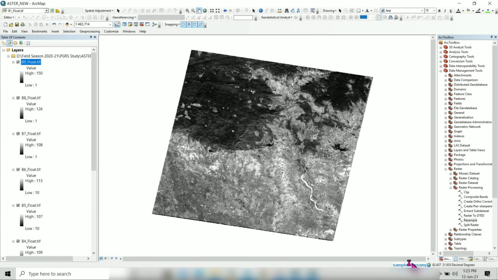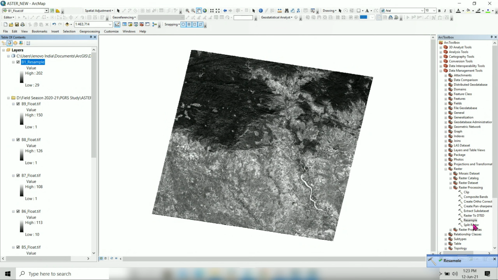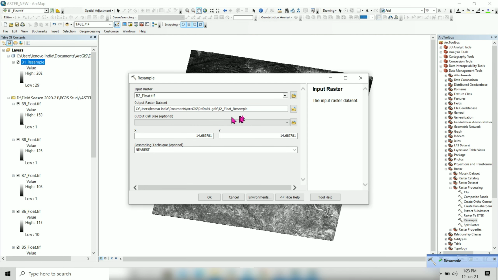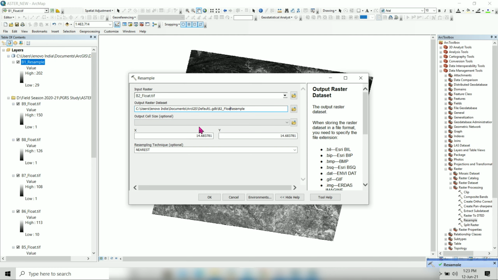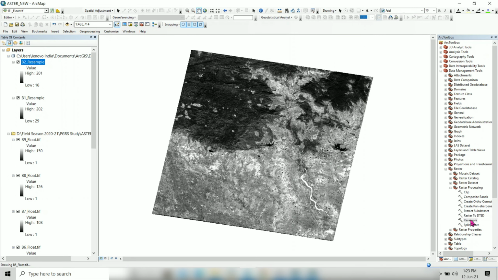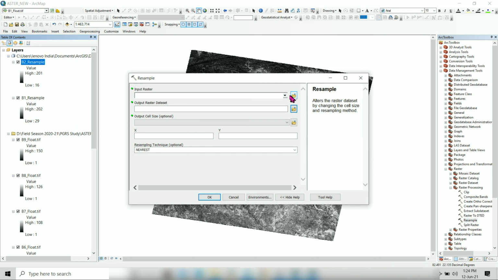Here the processing is on, and in a similar way do it for band 2. And in a similar way do it for band 3.